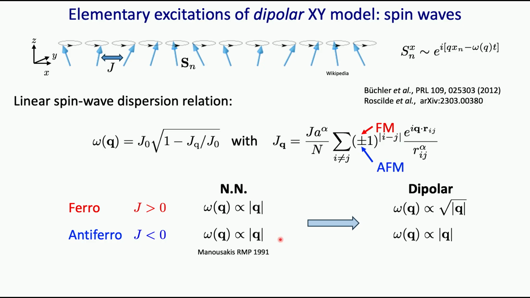It goes from a linear dispersion relation to a square root of Q dispersion relation, which is a bit of a pathological situation because it corresponds to a diverging group velocity at low momentum. On the other hand, the antiferromagnetic case is not modified by this long-range interaction, and that precisely comes from the frustration that destabilizes the order, or so to speak, makes the interaction effectively short-range. So the consequence is that this 1/r cubed is interesting, and once again, the point I want to emphasize is that all this was predicted in 2012, and it's not something which has been known for so long.